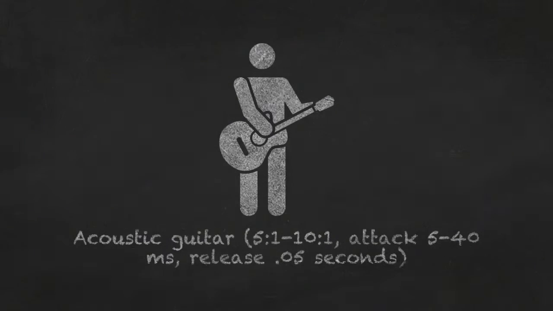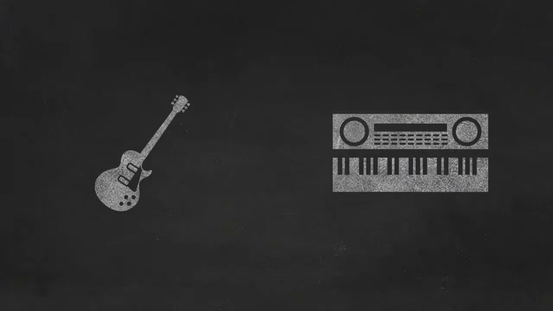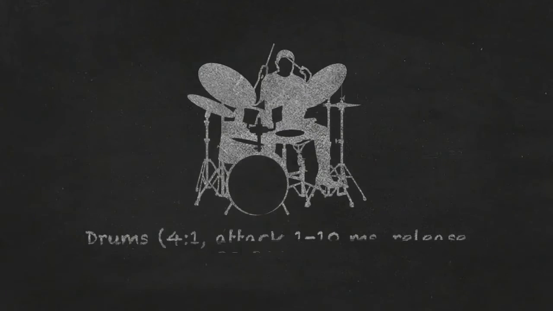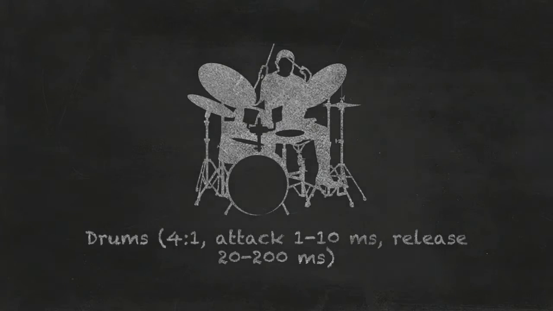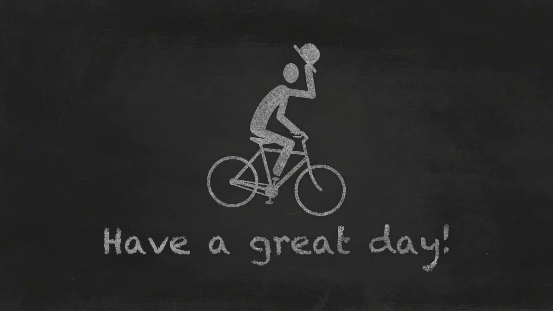Acoustic guitars should have ratios around 5-to-1 and up to 10-to-1, with the attack 5 to 40 milliseconds and release 0.5 seconds. Electric guitar, bass, and keyboards typically don't really need that much compression because their range is already compressed or they don't have a wide dynamic range. Drums typically need substantial compression applied. The ratios should be in the range of around 4-to-1 with the attack 1 to 10 milliseconds and release at 20 to 200 milliseconds. I hope this helps you reduce or increase dynamic range depending on your needs using dynamic